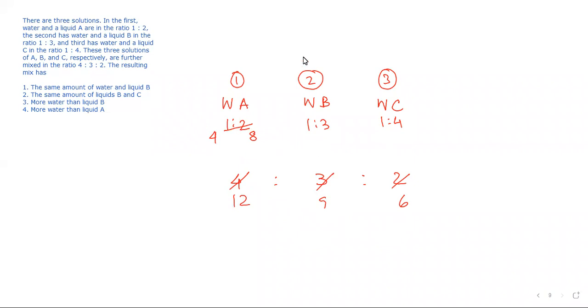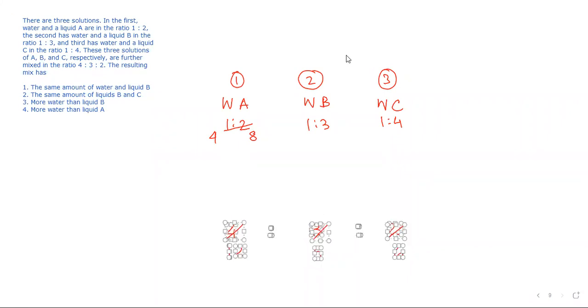It's not yet complete because now we have to do the same thing for the remaining two mixtures, 2 and 3. Now here 1 plus 3 adds up to 4. Here however it's 9, which is not a multiple of 4. So multiply 4 again, so 48. 36, 24. Since we made this 48 by multiplying 4 times, here also you have to do 4 times. So 16 plus 32, 48, that matches.